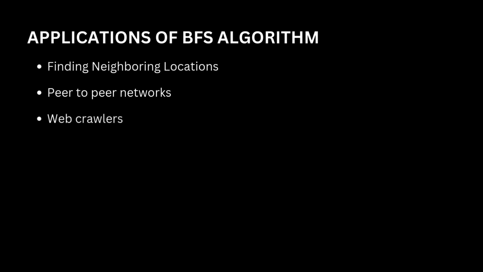Next is web crawlers. BFS is utilized by web crawlers to index web pages. It starts from a source page and follows all the links associated with it, treating each page as a node in the graph. Next is shortest path and minimum spanning tree. BFS helps to find the shortest path in unweighted graphs and can also be used for constructing a minimum spanning